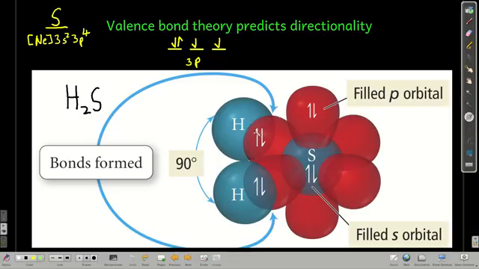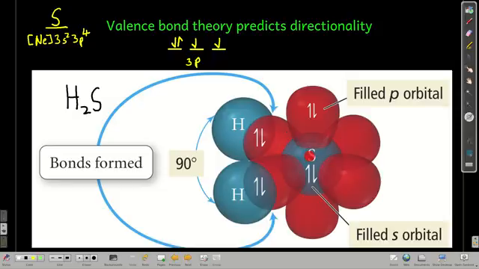Like, for example, in hydrogen sulfide. We know that sulfur's electron configuration in the ground state is neon 3s2, 3p4. And the 4 electrons, if we write them out where they're at, there's 2 of them in one orbital, 1 in each of the other orbitals. And hydrogen, of course, is just 1s1. So in hydrogen sulfide,